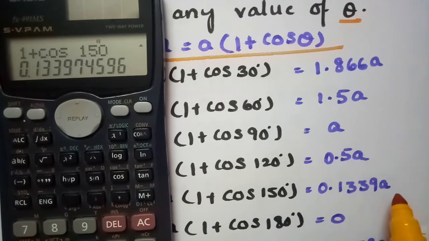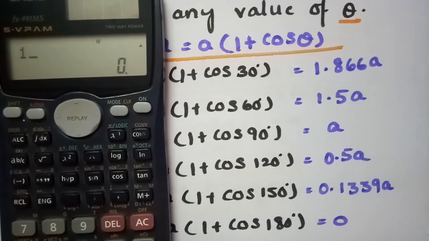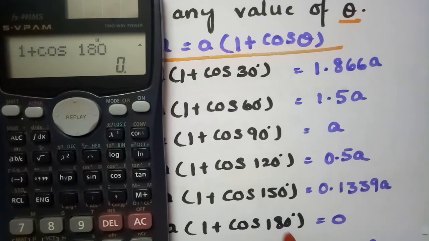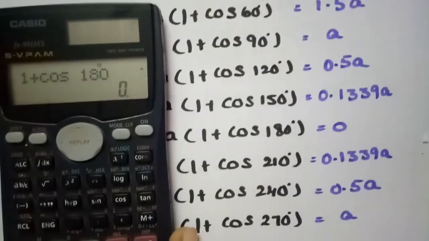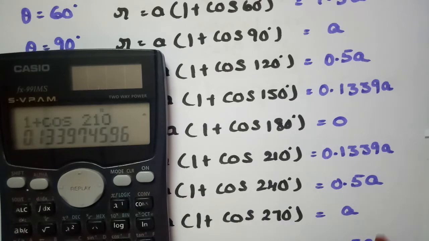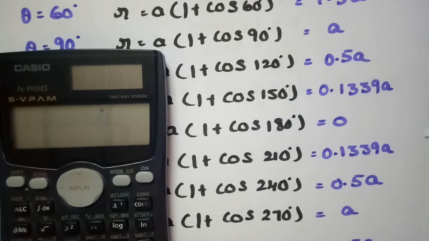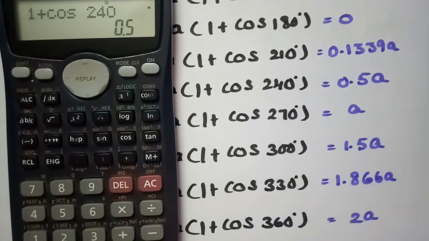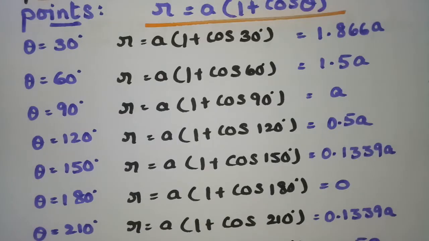1.339 into a. And the next one here is 1 plus cos 180, and cos 180 is minus 1, and plus 1 gives 0. So the next one is 210 degrees. That is 1 plus cos 210 degrees. The value here is 1.339, and the next one is 1 plus cos 240. The value here is 0.5, and similarly we can calculate all these values, and after getting all these r values,